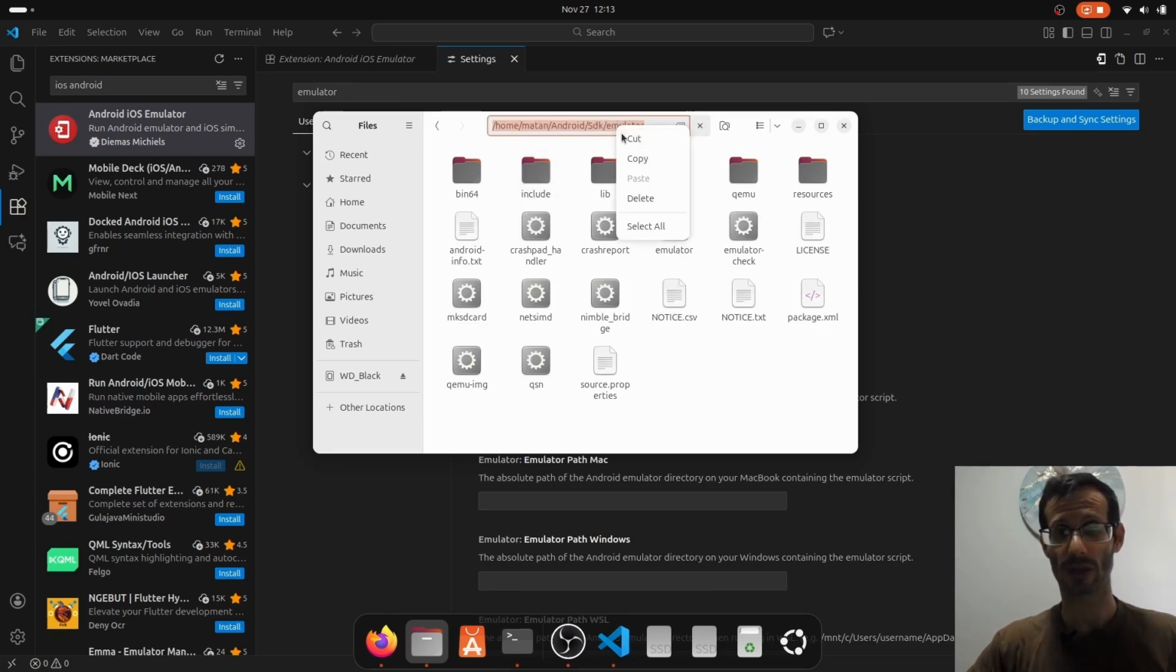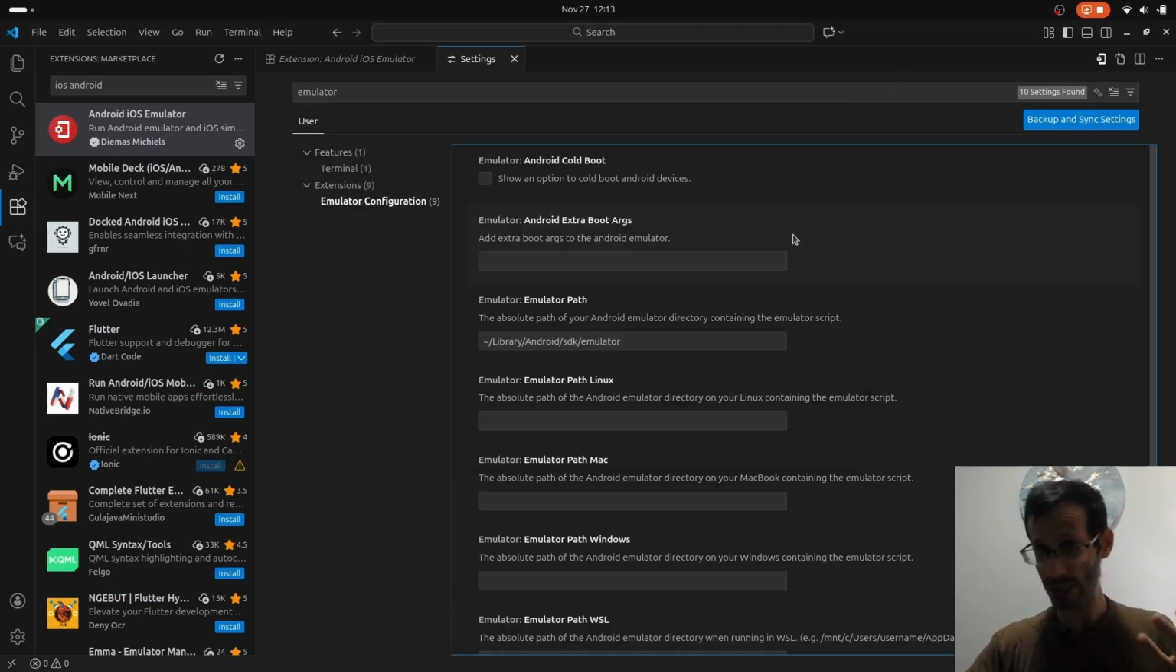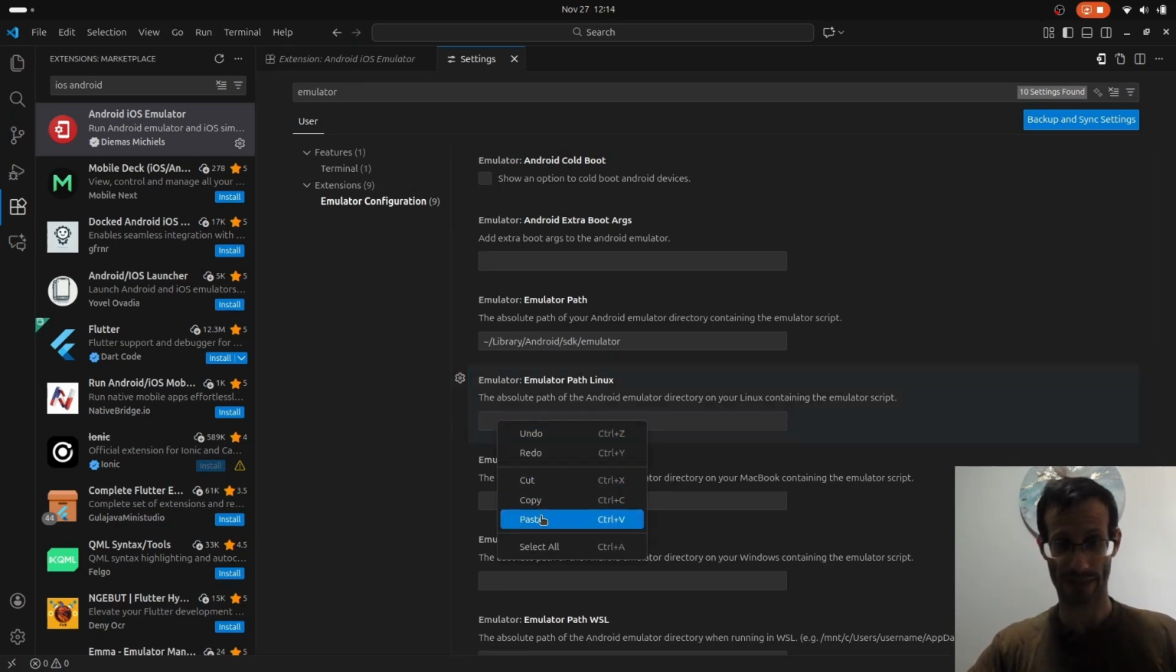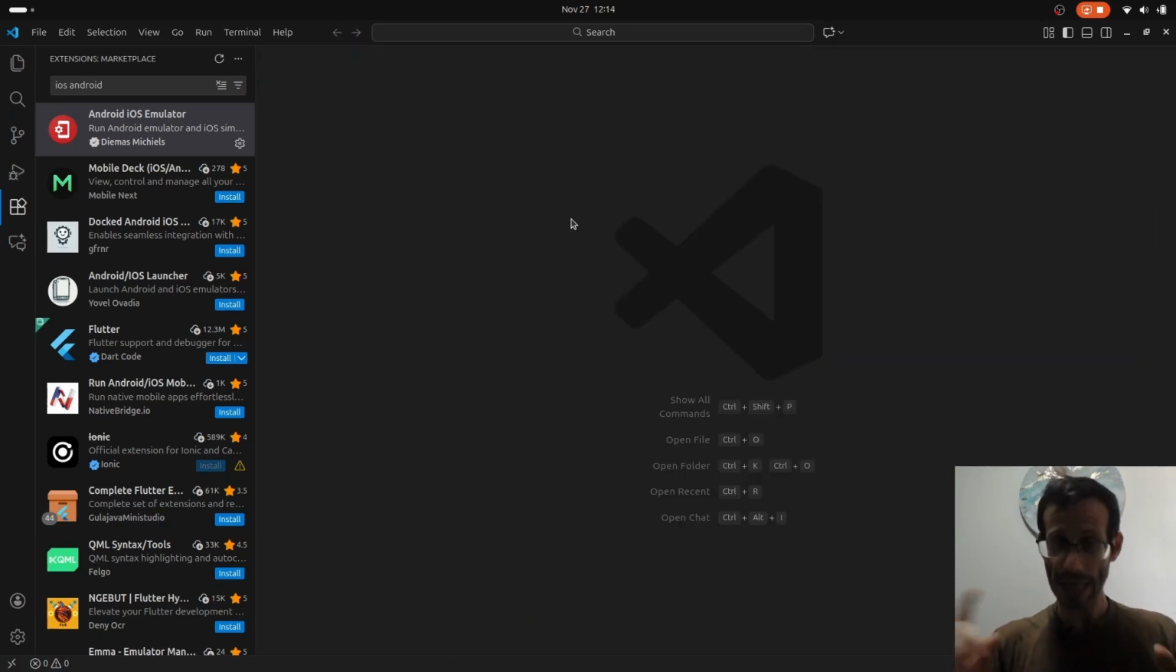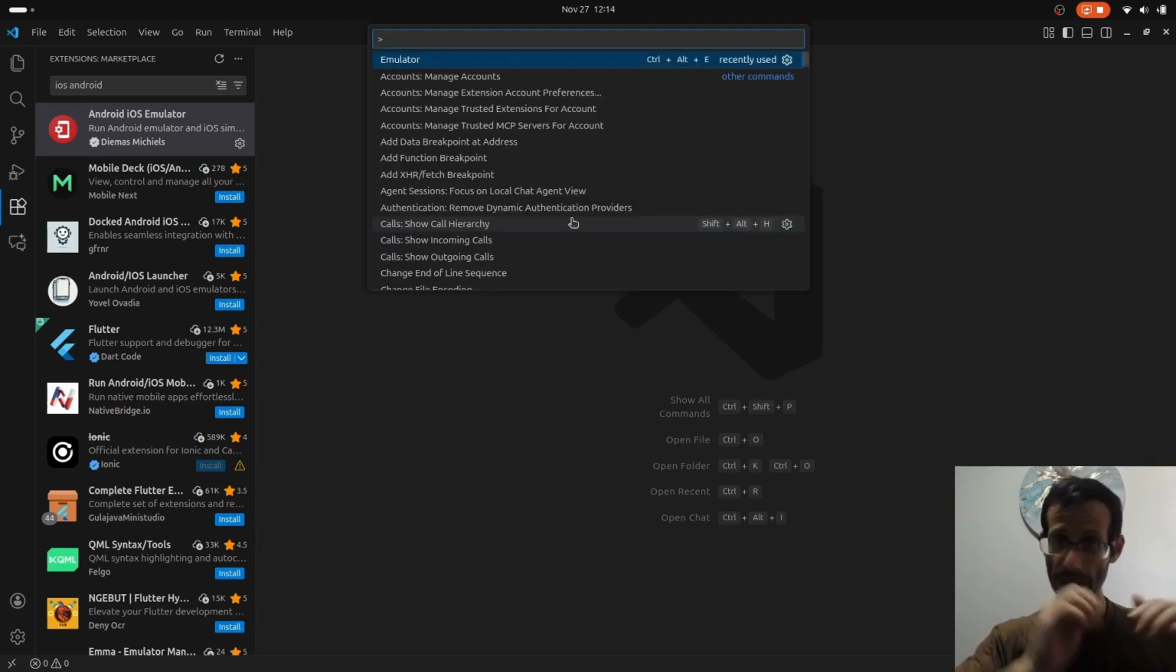So I can right click on it and copy, and let's get back to Visual Studio Code. And since I am on Linux, I'm going to paste the path to this box, Emulator Path Linux. I can right click and paste. Let's close our settings, and now I'll open the command palette using Ctrl-Shift-P, and here I'm going to look for